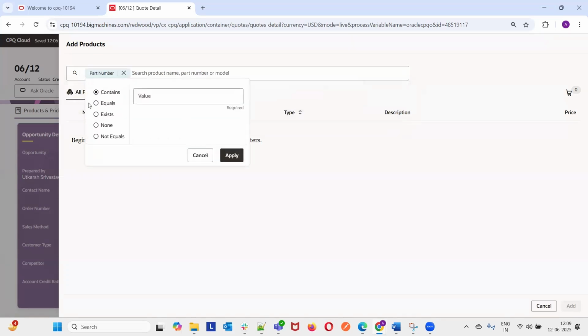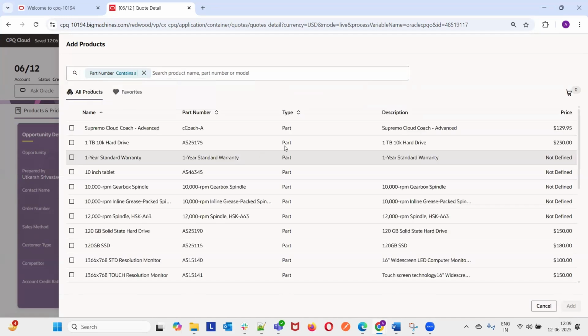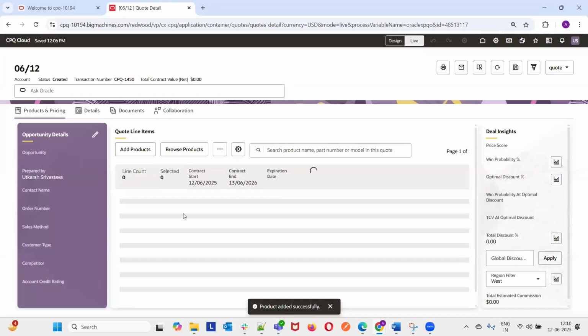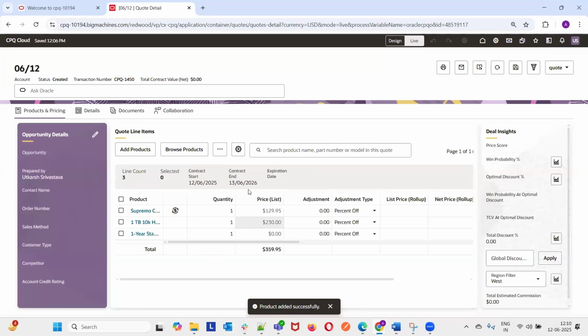For now, I'll just select the part number search, and I'll just select few products. From the bottom, I'll add those products, and it is being added in the line item grid.